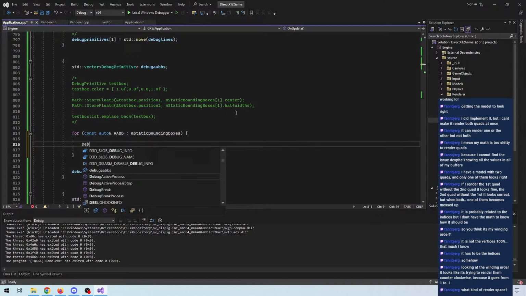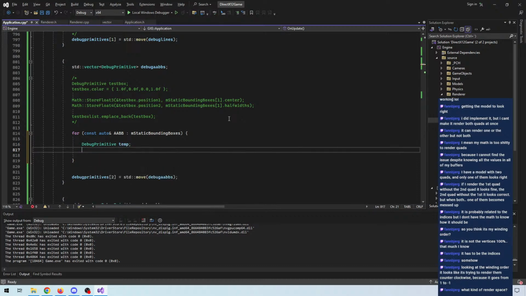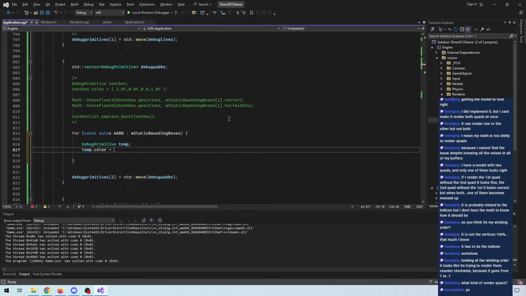We do a debug primitive temp, and we set the temp color to be